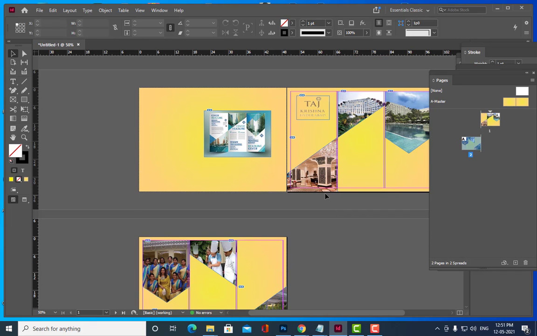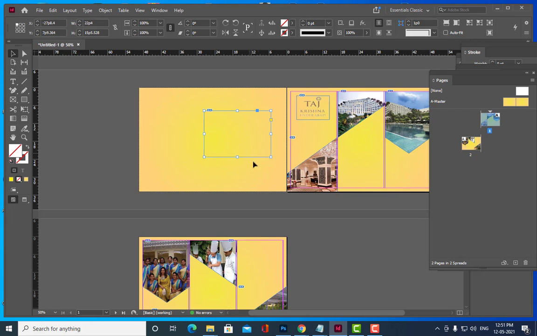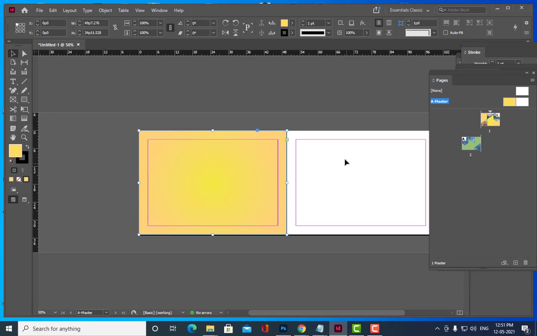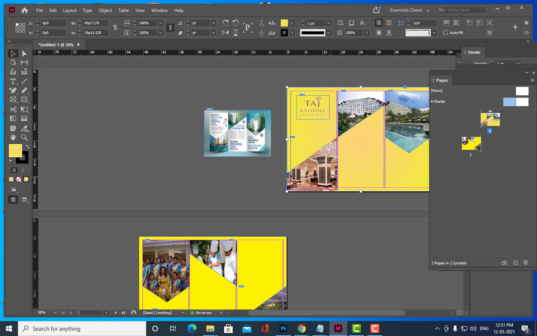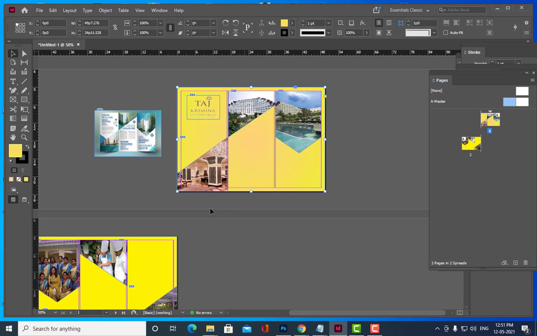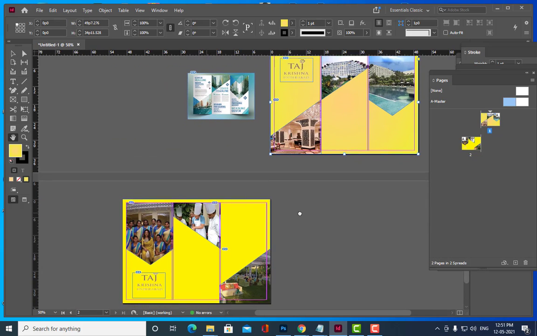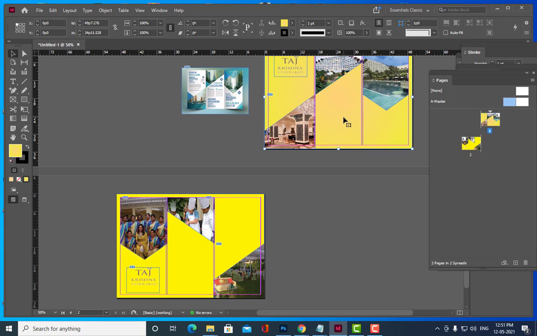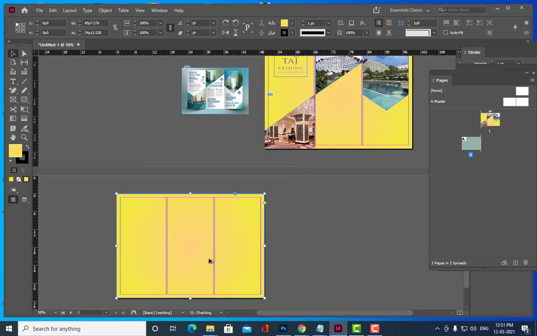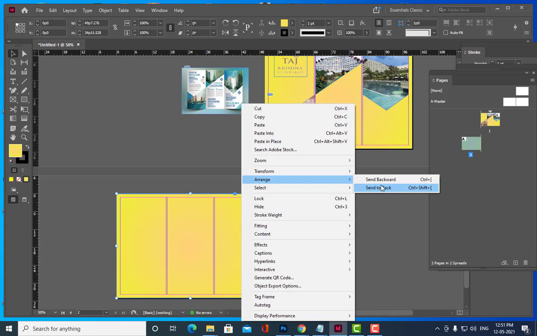See here. Same design is in the other page also. Here this is only a reference, don't worry. Or we'll do one thing. Directly we'll keep it, and simply send to back.